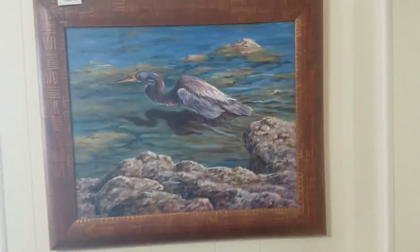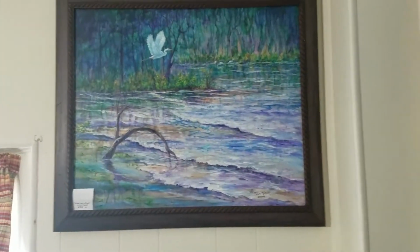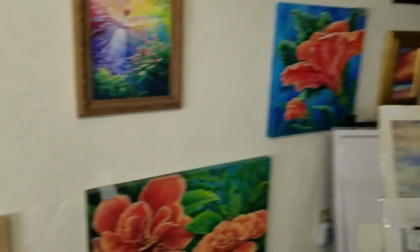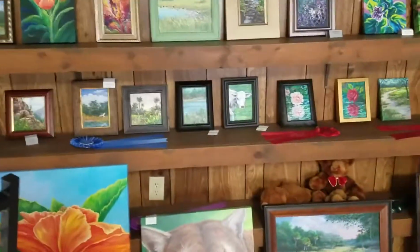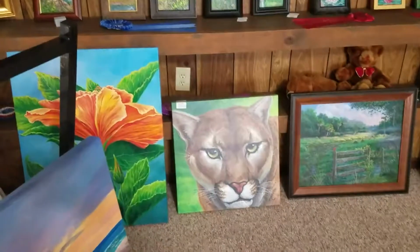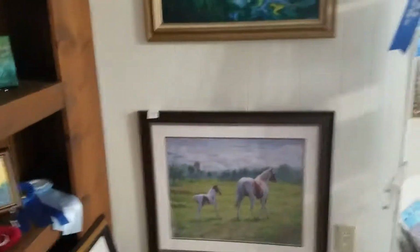This one is an award-winning painting. That's one of an old series. I did a whole drippy series. So I do all kinds of styles: abstract, mixed media, realism. For the first 17 years out of high school, I did only realism and pets, portraits, and livestock. And then when I went to college and my kids were teenagers,